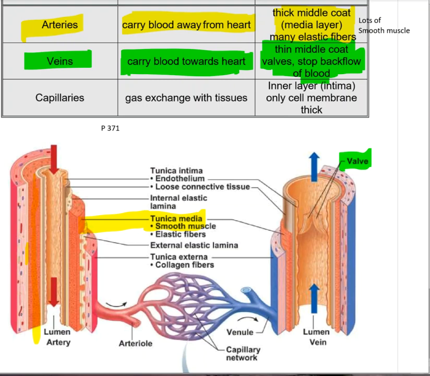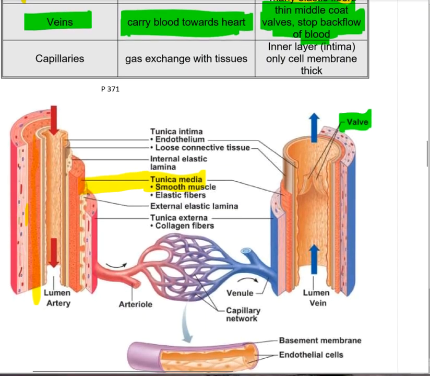Veins have a much bigger lumen, and lumen is the opening that you see here. See this wide opening, much bigger than arteries generally have. Pressures are higher in arteries, so they have smaller lumens. Pressure is very low in the veins, so they have bigger lumens. Now the third